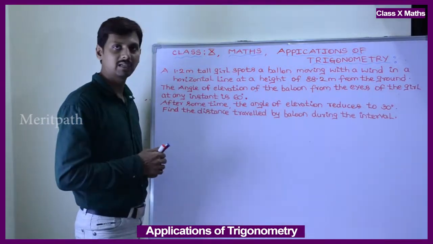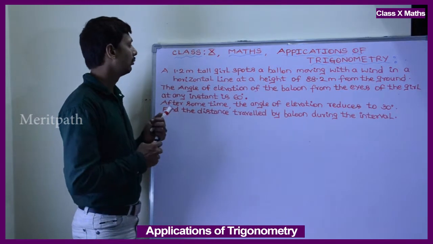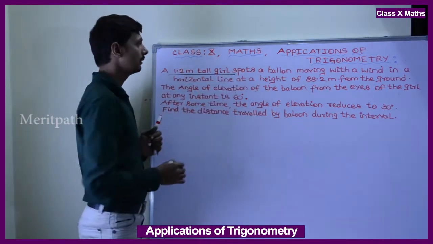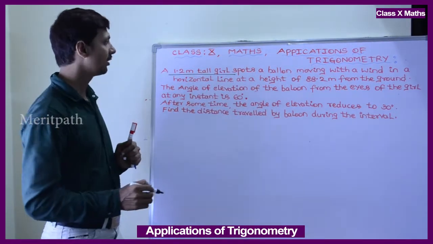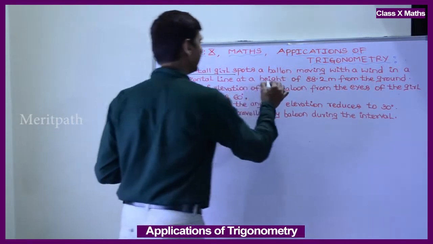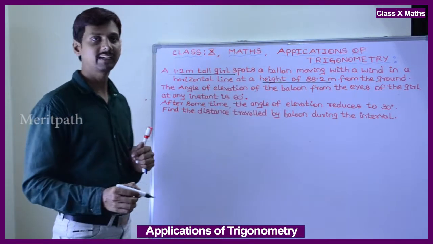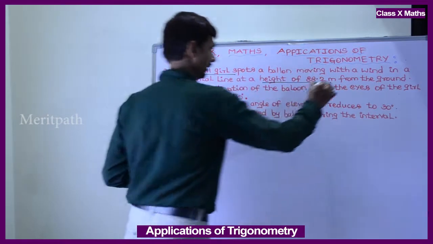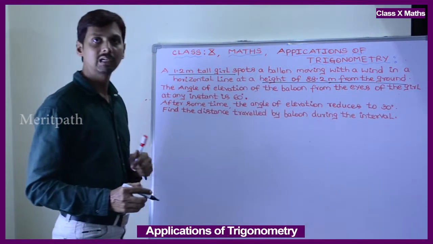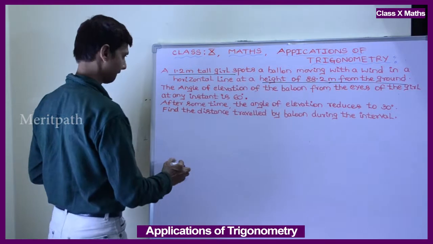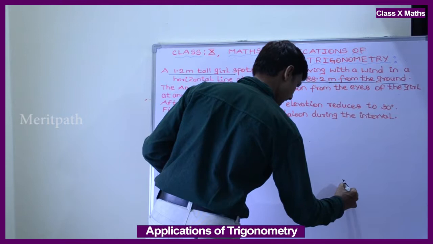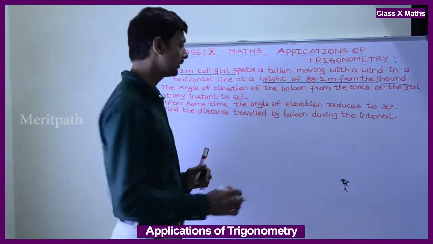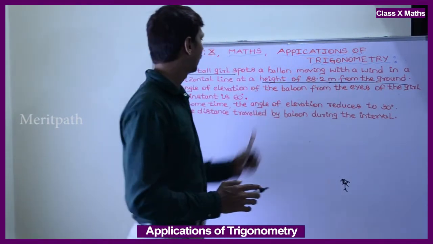So here let us take the question. A 1.2 meters tall girl spots a balloon moving in a horizontal line at a height of 88.2 meters from the ground level. So the girl's height is 1.2 meters, and then she observes a balloon